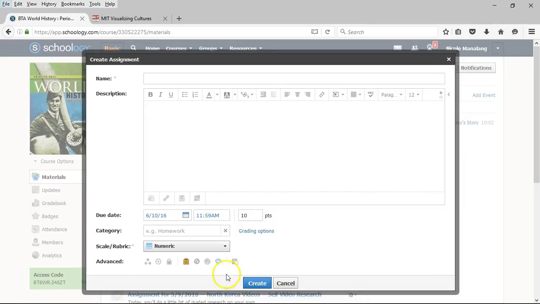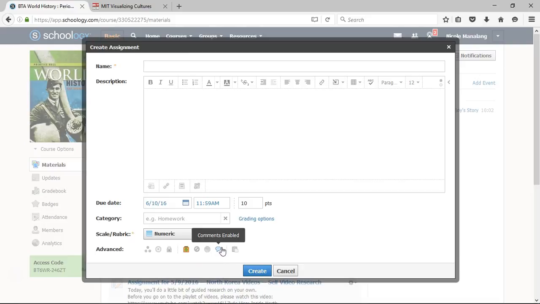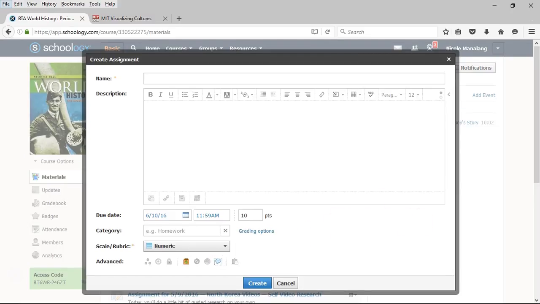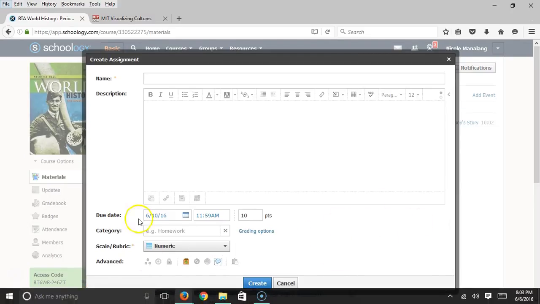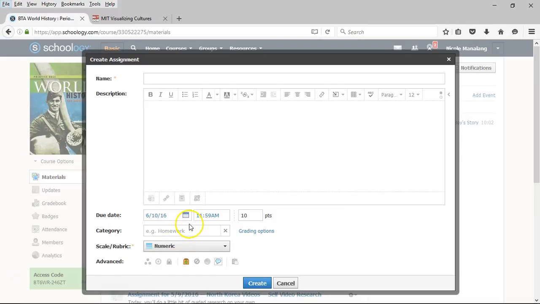Finally, the last icon is the comments icon. I usually turn off the comments in case my students try to have discussions on the assignment or make unnecessary comments. The only time I enable comments is when my students are linking an external project to me. Say, for example, if your students used Adobe Voice or Slate, instead of getting emails or messages with the links, you can have them paste the link to the comment section and everyone can see their work.